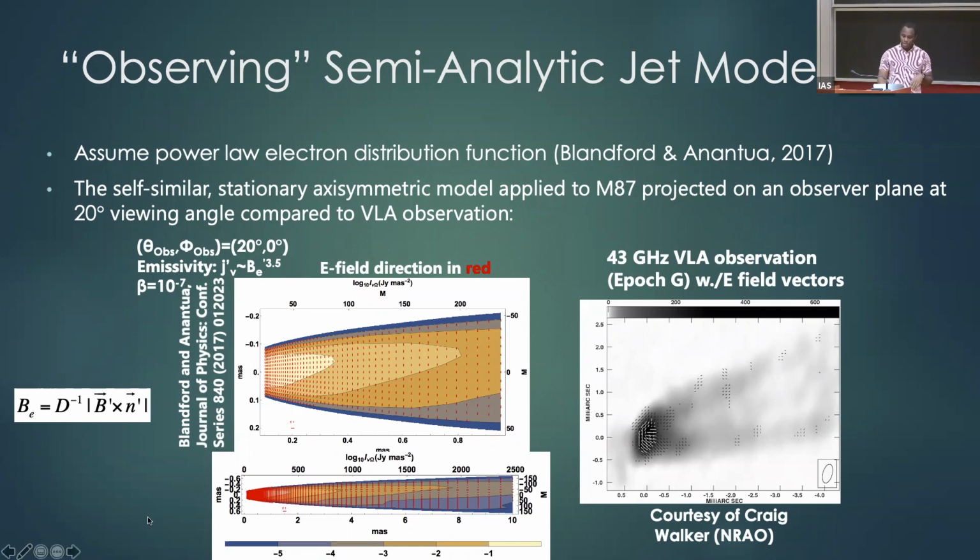And what you can see through this is that if you have a magnetic field structure that is roughly toroidal and changing pitch angle as the jet goes out, then B cross n hat will be different on the two sides of the jet. So you can actually start to explain the bilateral asymmetry in the semianalytic model. And you can explain more of the limb-brightened polarization angle pattern by observing this model with polarization. And you see that's a core of polarization with roughly limb-brightened polarization angle pattern. And this starts to approximate some of the features that you see in the observation at 43 gigahertz